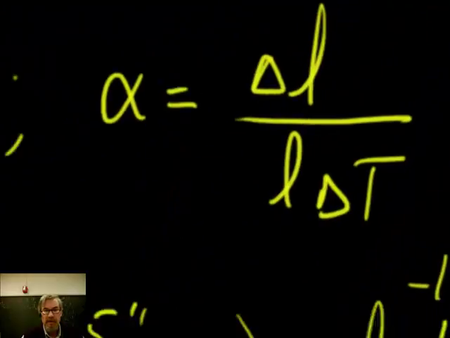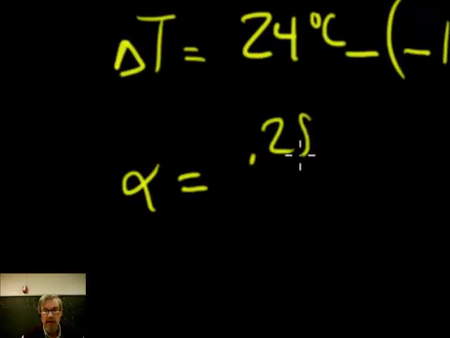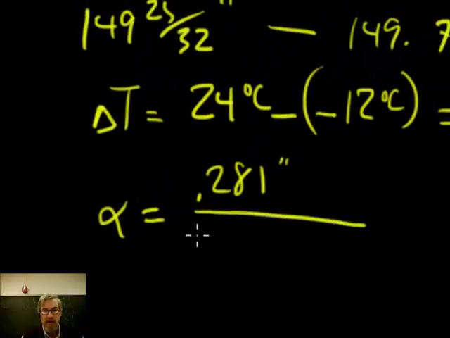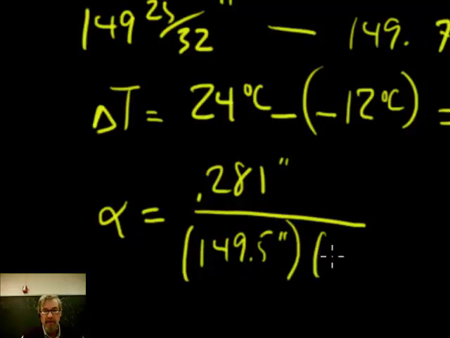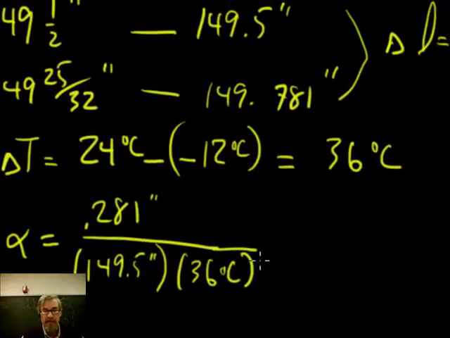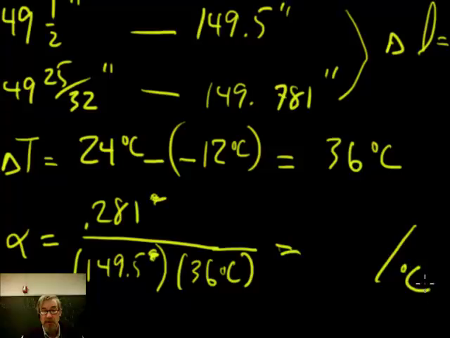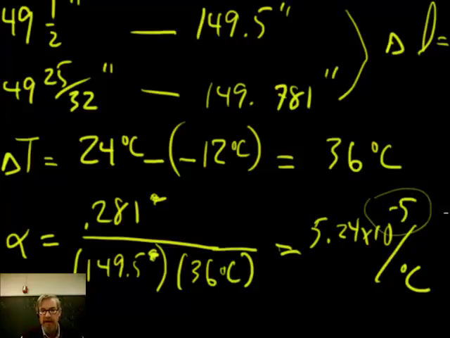So here's alpha. Alpha is 0.281 inches, that's delta L, over the original length, which is 149.5 inches, times our delta T of 36 degrees C. Inches as a unit go away, and so our units are just per degree C, or per kelvin if you'd like, and the alpha value is 5.24 times 10 to the negative fifth. Now if you think about it, 10 to the minus fifth is approximately in the range of other things that you've seen from other references. It's a little bit bigger than some of the metals that you've seen, and I guess you'd expect that